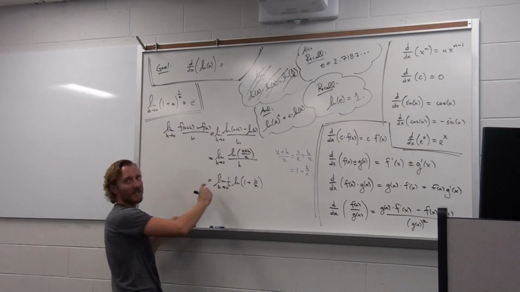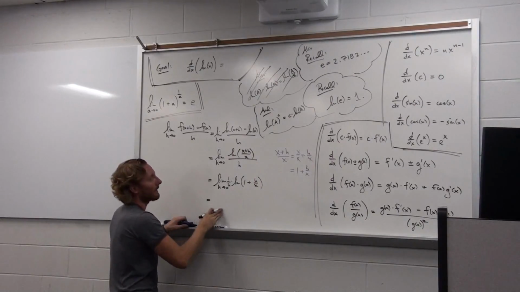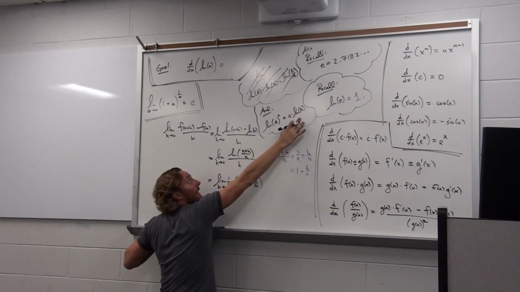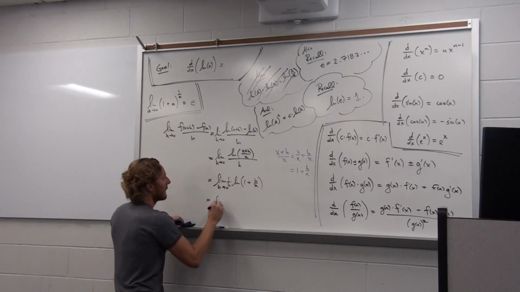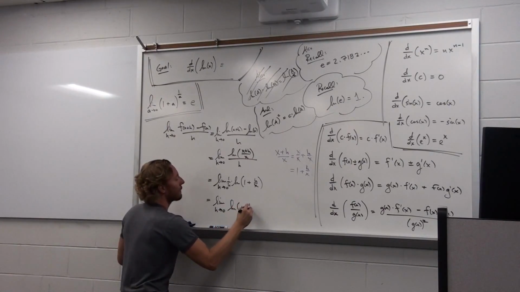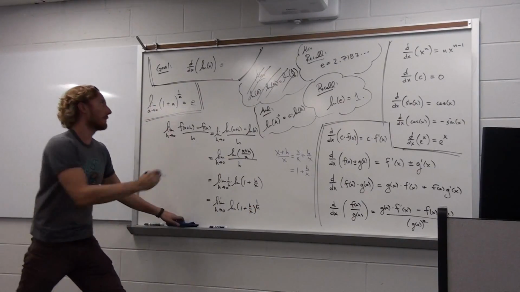Now here's what we're going to do at this point. Note, 1 over h is just a number, and that number is being multiplied by our ln. Well, if we have a number multiplied by our ln, we could take that number and write it as an exponent. So I'm going to do that: limit as h approaches 0 of ln of 1 plus h over x, raised to the 1 over h. And now we've gotten to this point. Okay, we've used this fact,